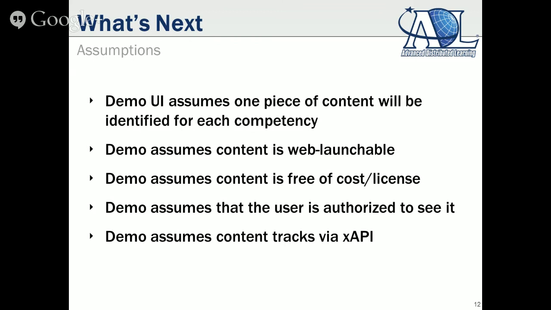And that's something though. At a minimum, your learner clicked on the link and launched it, or they looked at a landing page, or whatever information you have, depending on the type of content. You can get some amount of information, in some places a lot of information, in other places minimal information, but you can track information to see how your learners are using this content. So those are some assumptions that we are aware of, and actually there's more, but these are some of the big assumptions in the demonstration.